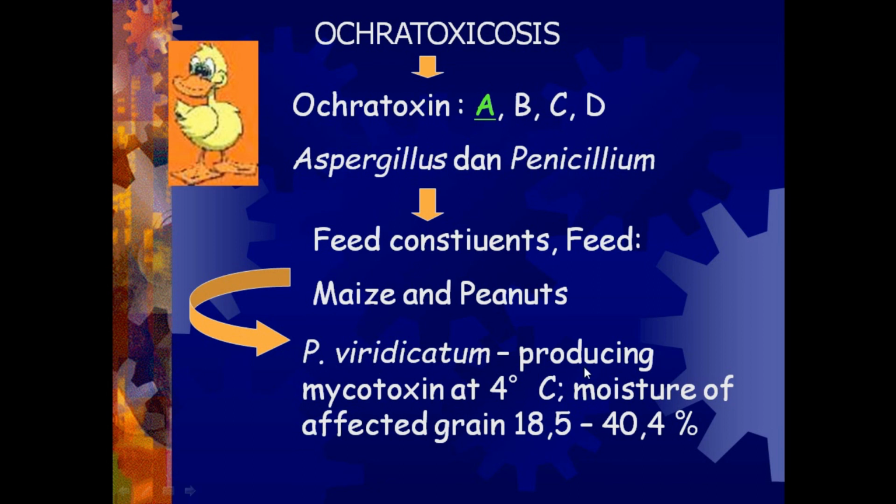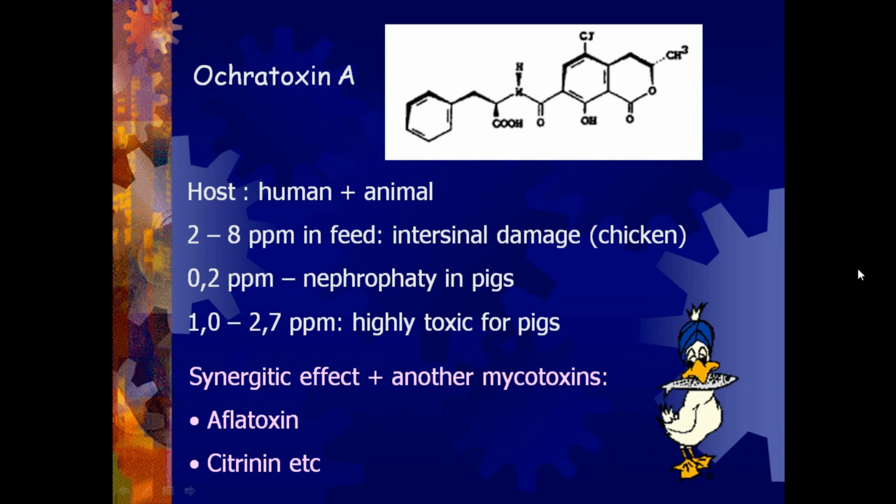Penicillium viridicatum produces mycotoxins, producing ochratoxins at 4 degrees Celsius and a moisture of the affected grain of around 18.5 to 40%. So this is the chemical structure of ochratoxins, and ochratoxins can affect humans and also all kinds of animals. The concentration of ochratoxin in feed, for example around 2 to 8 ppm, okay, remember ppm is parts per million, can cause